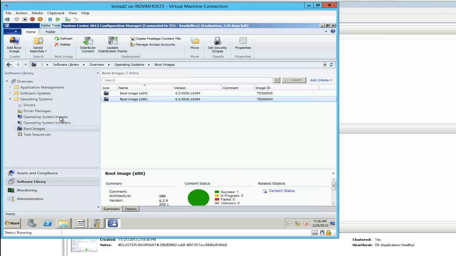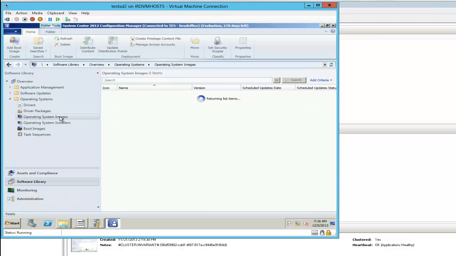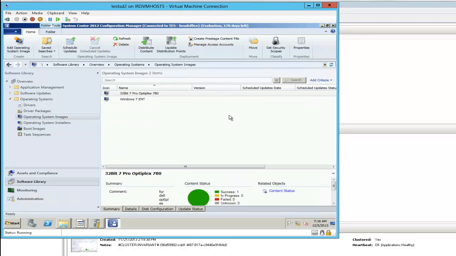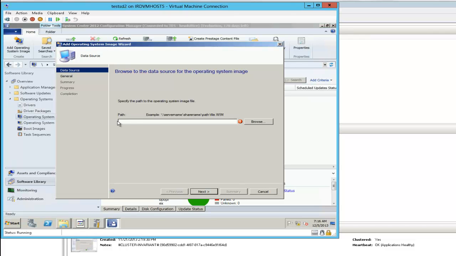Moving on from there, after the boot image, the task sequence is going to install the operating system. You need to get the source files from the Windows 7 DVD, or Windows 2008 DVD if you're deploying that OS. It's just a matter of right clicking, add operating system, and this has to be a shared path to that file. It doesn't have to be the same server, it can be another server. You browse to that file,